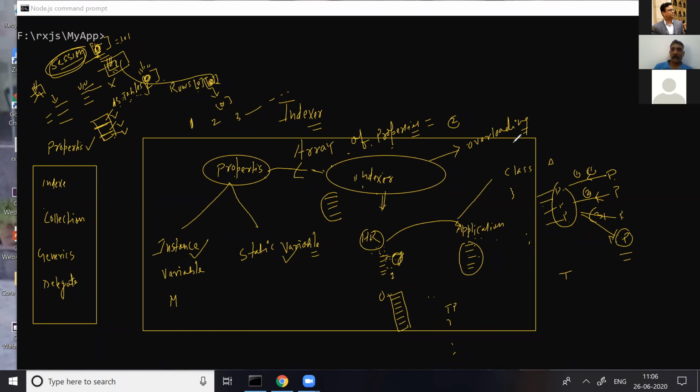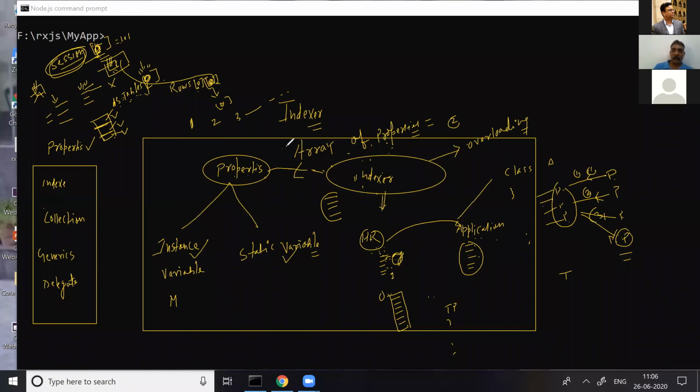An indexer uses an array of properties internally, and by a single indexer we can access multiple private variables.